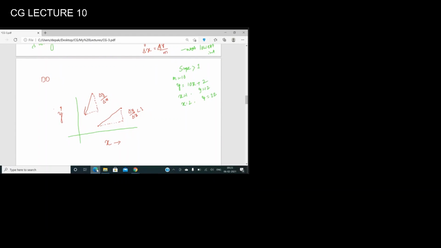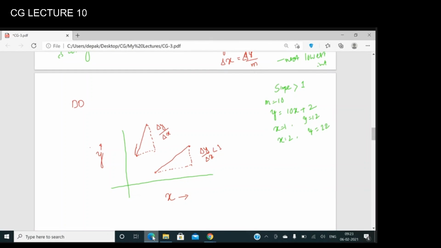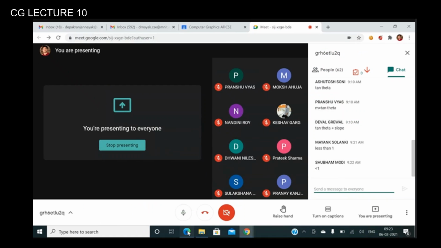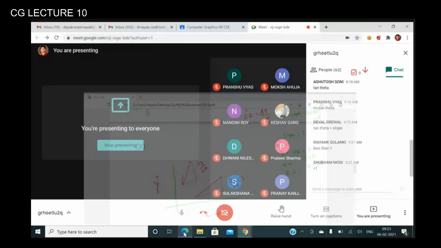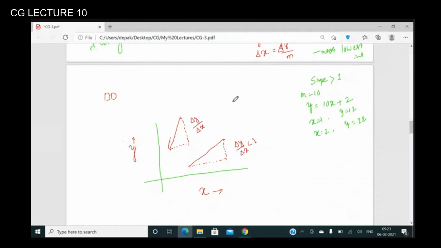See, these are important concepts that I'm discussing to understand our algorithm. The next algorithm that we will discuss is called the DDA algorithm, right? See, in this case, del y is greater, that means the numerator is greater than the denominator here. So what will be the case here? Will it be greater than 1? Yes, it is of course greater than 1.